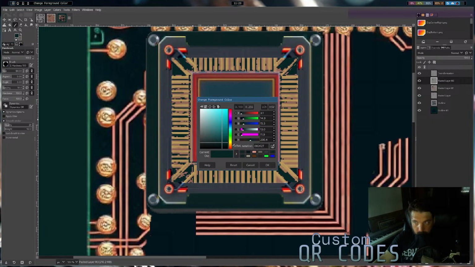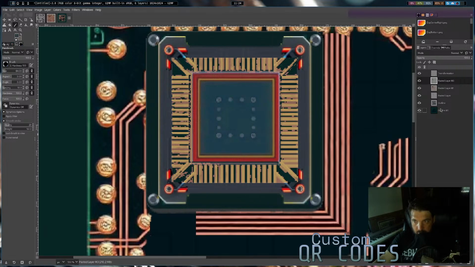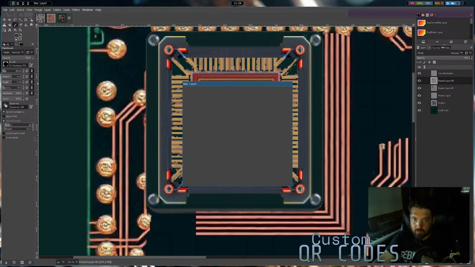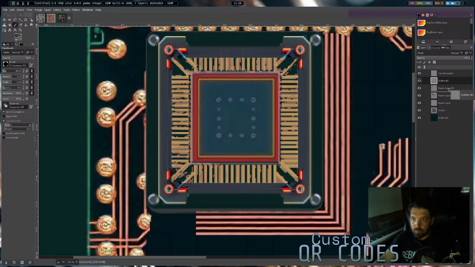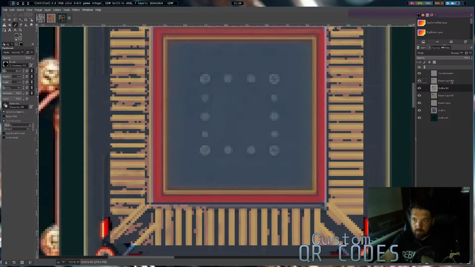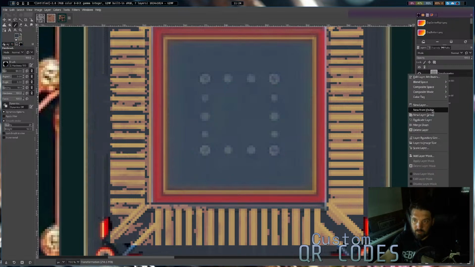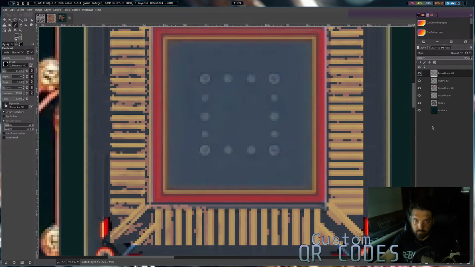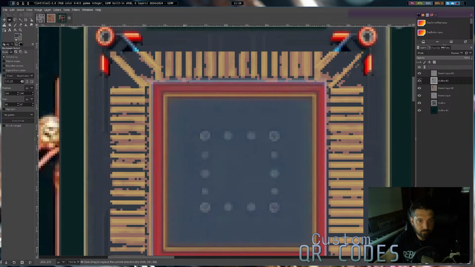That was a good tape. What if we have a new layer here? We turn this color, and then we merge this down, and then inside here